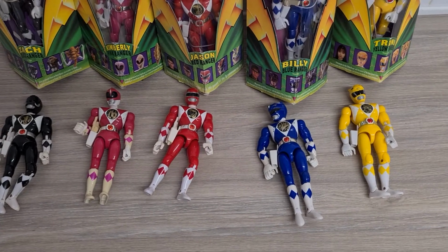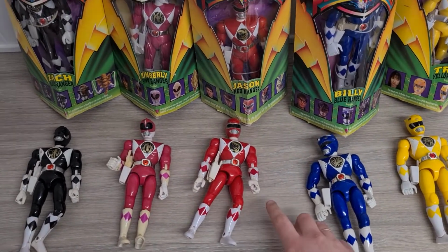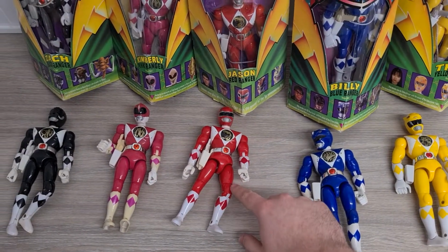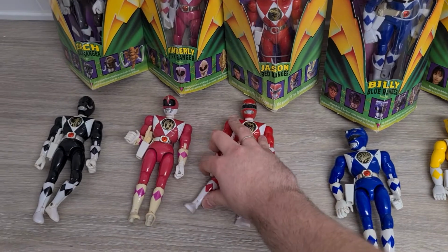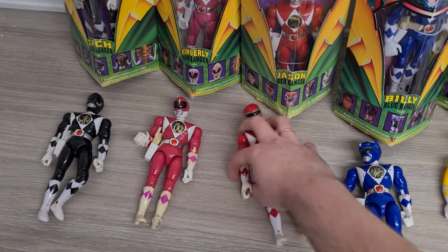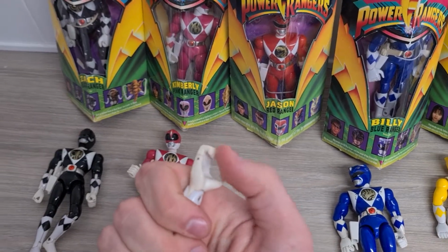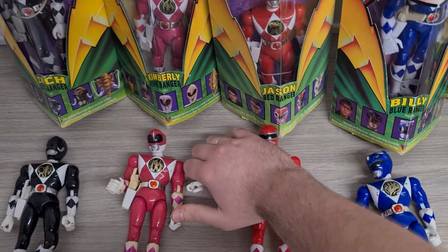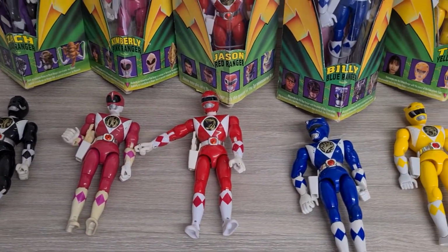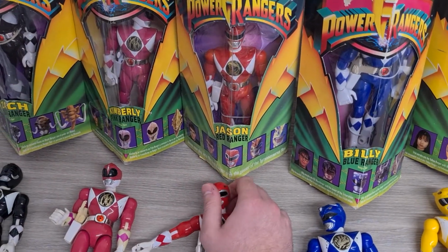But I'm just gonna say the first thing I absolutely love about these figures, every part that should bend bends. The foot bends, the knee bends, the legs move back and forwards and side to side. The hands move up and down with a trigger finger, which is amazing. The shoulders move left and right. The heads move left and right. This one's a little bit on the tight side,